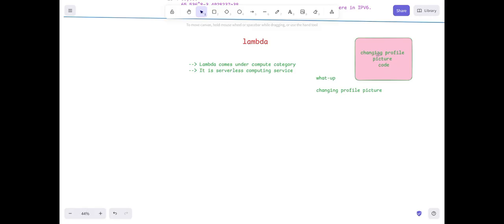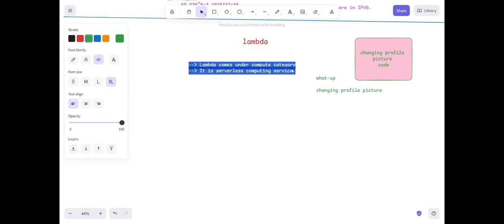Are you going to start or stop that instance manually? Usually what we have to do is select the instance, go to actions, and click on start or stop or terminate the instance, right? You're getting my point, guys? You're understanding what I'm trying to tell you? Yes. Like that, this will work. Serverless means we are not going to interact with the servers directly. Still servers will be there, but we are not going to interact. So that is known as serverless computing.